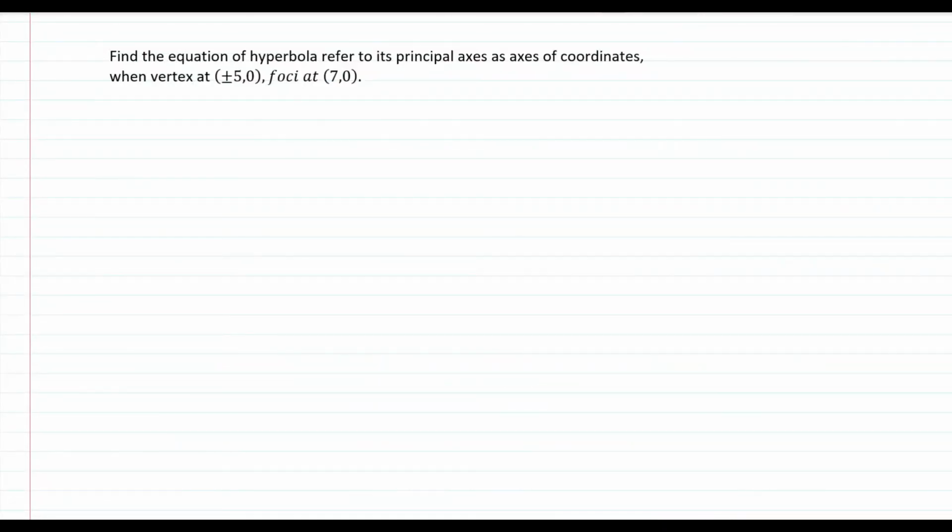Here is another problem. Find the equation of hyperbola, referring to its principal axis as the axis of coordinates, when the vertices are at plus minus 5, 0 and the foci at plus minus 7, 0. So we can see here plus minus 5, 0 is the vertex. That means it's lying on the x-axis. So we must write here, since the vertices lie on the x-axis,